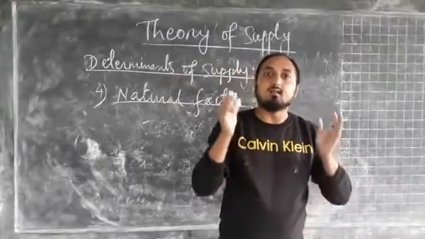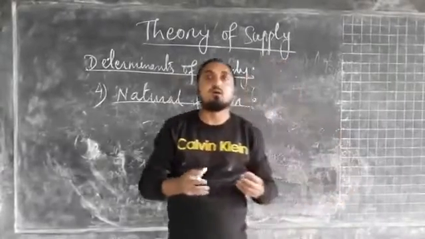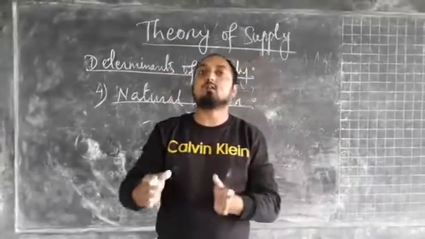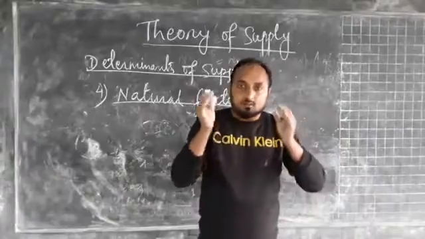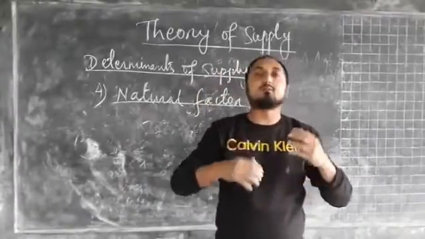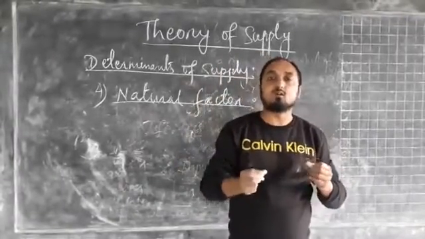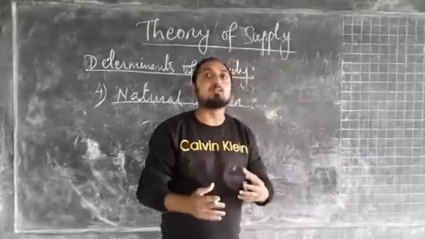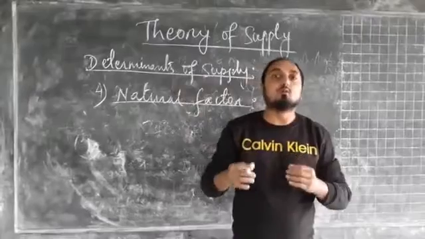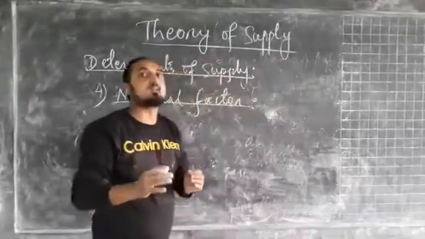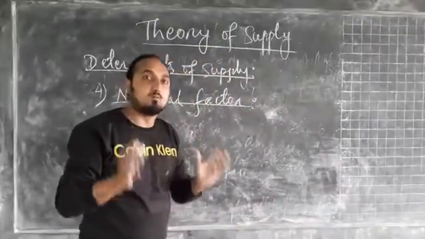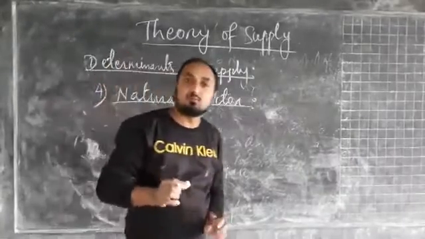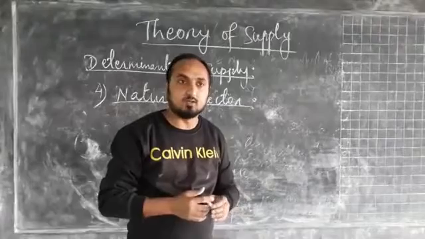food grains, and if there is a destruction of production of food grains, in that case the supply of commodity will decrease. Whereas on the other hand, if there is a favorable climatic condition, or adequate rainfall, and that helps the food crops to grow smoothly, then in that case the supply of commodity will be more. So here natural factors are also responsible for affecting the supply of a commodity.